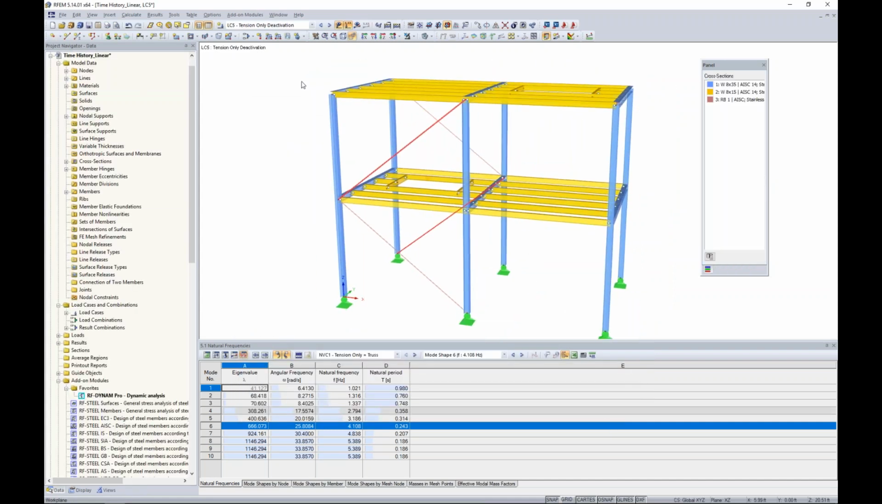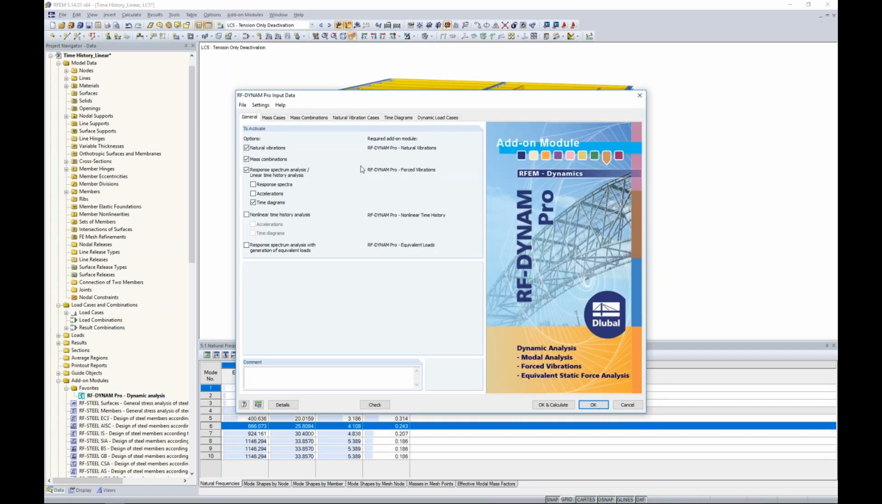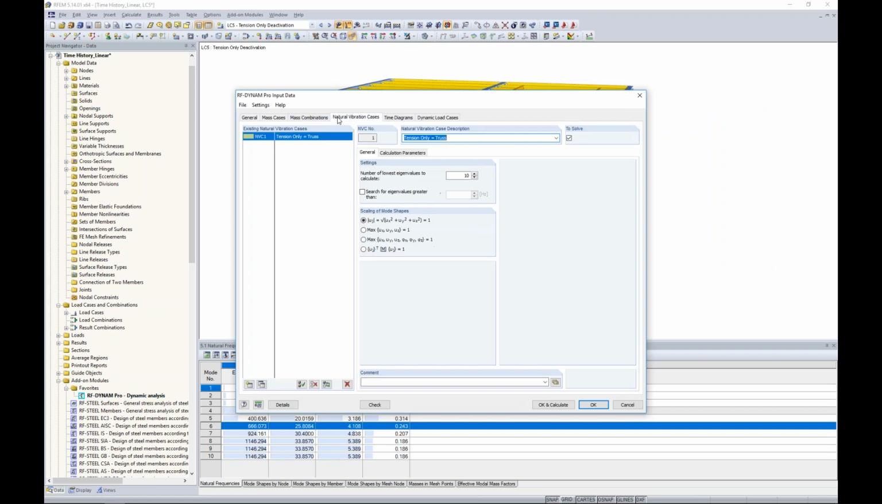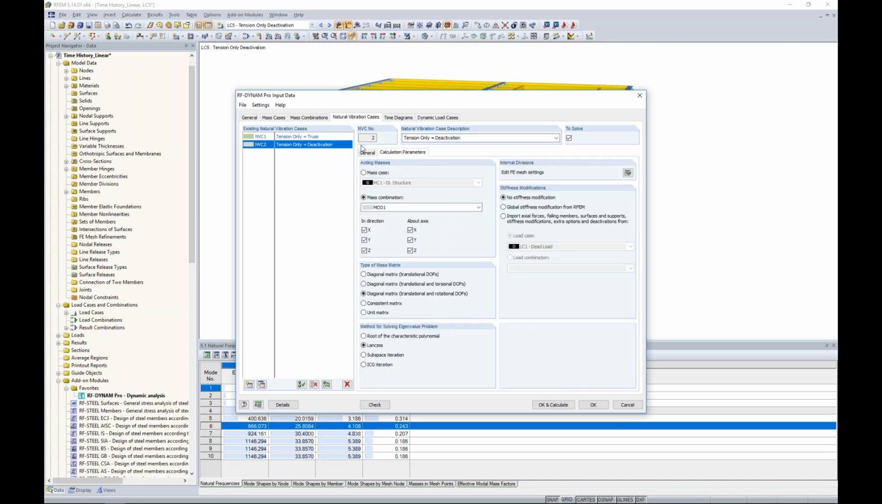So what I'm going to do now is go back to the dynamic module. I can just double click on it over here in my project navigator. Jumping back to my natural vibration case tab, I'm going to make a copy of what we've already previously done. We already created natural vibration case 1. I'm going to create natural vibration case 2 as a copy and rename it to deactivation. Everything remains the same from my first case, the acting mass combination, the mass matrix, but remember I said that